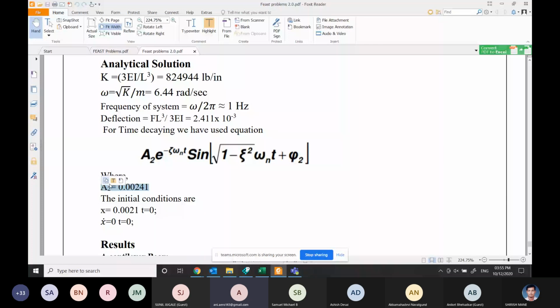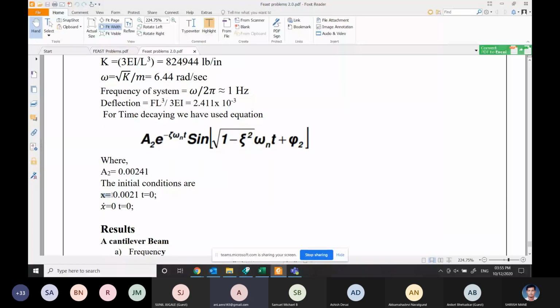Here you can see the boundary conditions: x is the static deflection, 0.0021, at time equal to 0, and velocity is 0 at time equal to 0. These are the two boundary conditions which we are going to apply, and then we'll see what exactly the results we are getting using FEAST and the analytical solution.